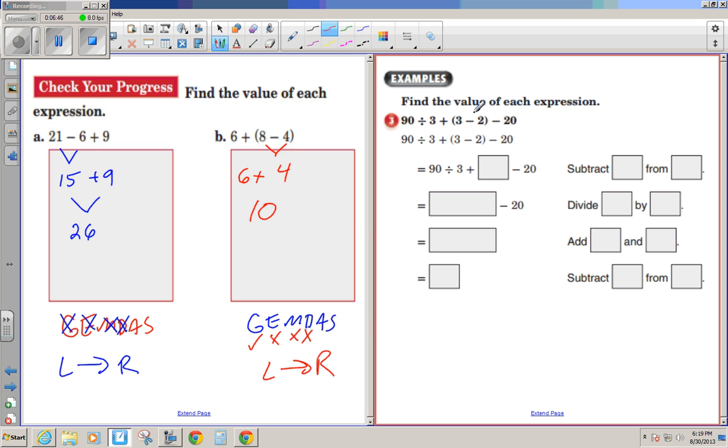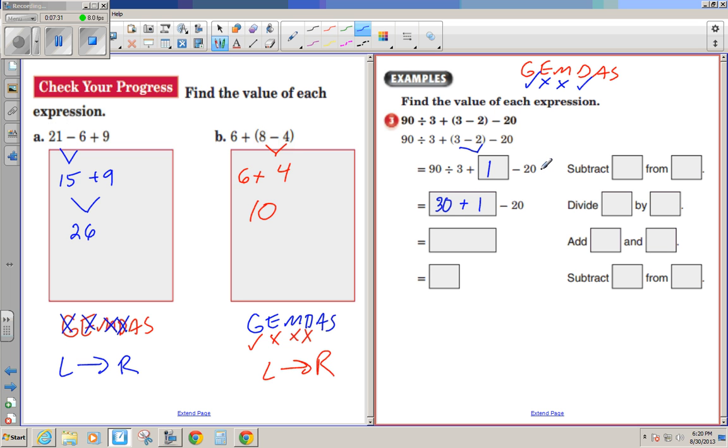So now it gets a little more, it looks trickier. There's a lot more numbers. Write out GEMDOS. If you write out GEMDOS, we can see what pieces we need to do. Are there grouping symbols? Look at the whole problem. There is a grouping symbol. 3 minus 2. We have to do that part first. Once you do the grouping symbol, it disappears. All right, exponents? No. Multiplication? No. Division? Yes. From left to right. 90 divided by 3. So it's 30